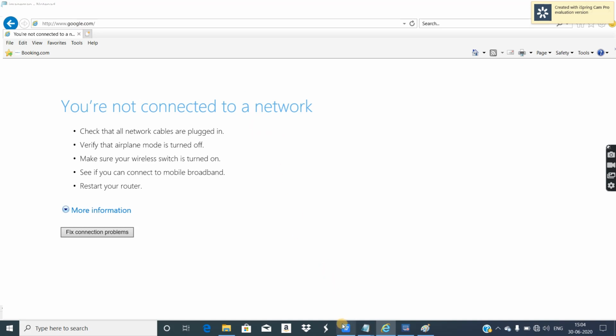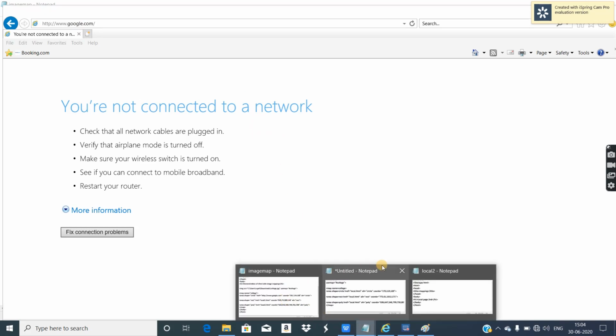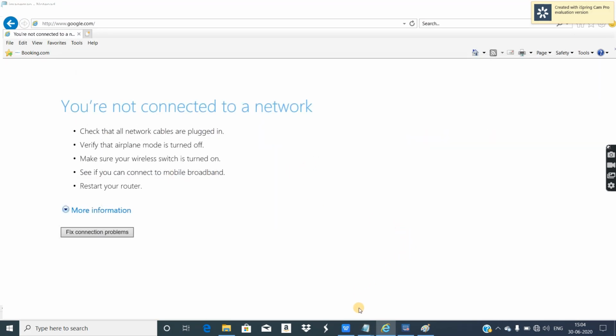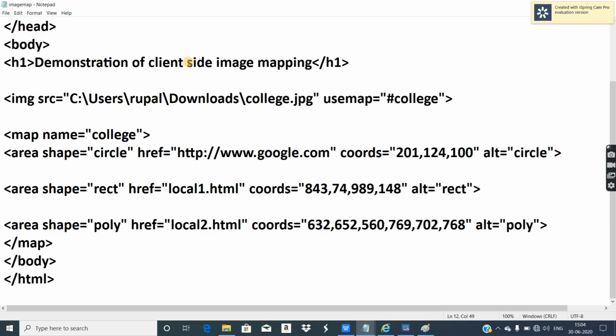So in this way, depending on the question you can change the URL, whether it is the URL of a functional website or the URL of a local web page. This is a local web page. Okay, so this has been done.